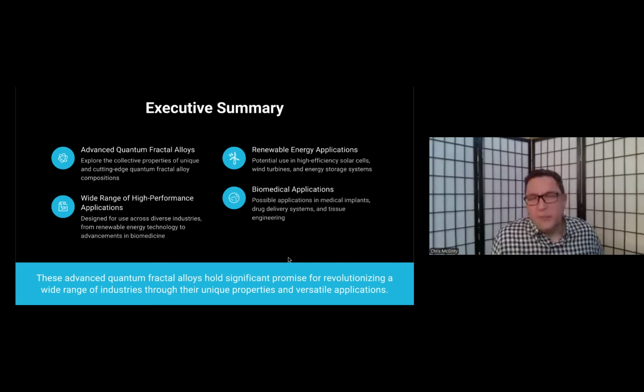So there's a wide range of these alloys that have been developed by AI. Again, we don't have fabrication plans in place for most of them, but the most important of these is one called Nyrite, which I'll get into, which is going to be the one that we developed first, and we're going to be using it in zero-point energy extraction. We can also use some of these alloys for biomedical and other renewable energy applications.